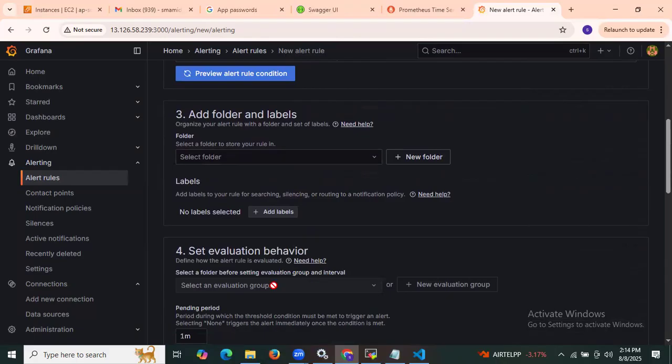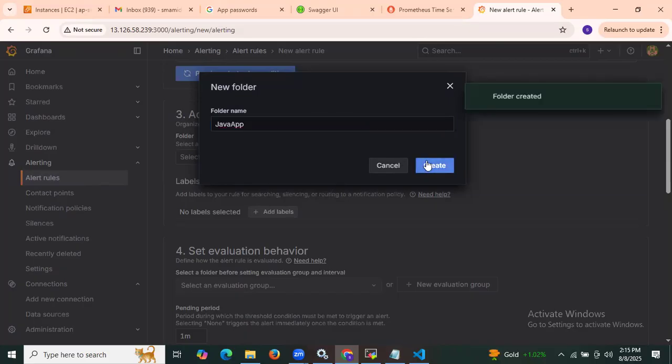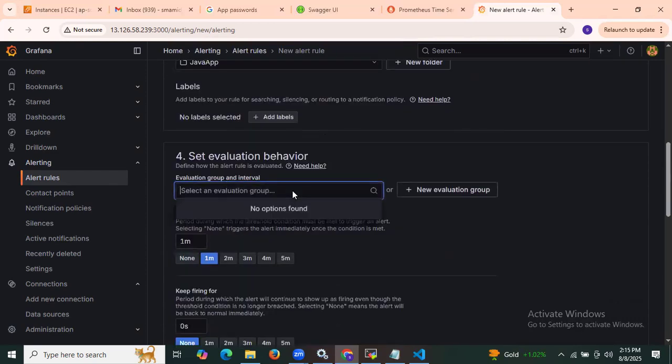Then the third step is add folder and labels. You need to search for the folder. As of now, there is no folder, so you need to create one. I'm going to create a folder with the name Java app. Then select evaluation behavior, create a group,